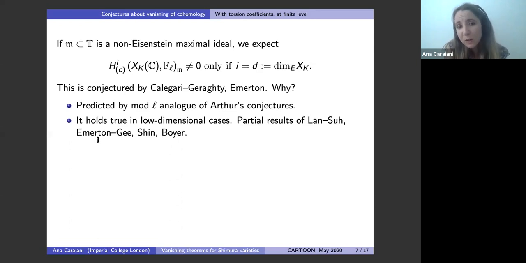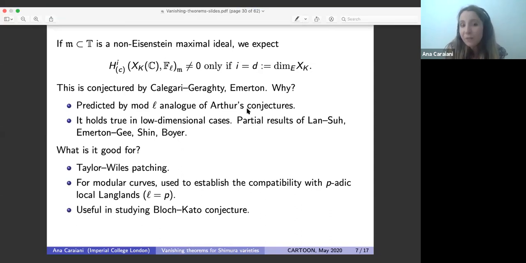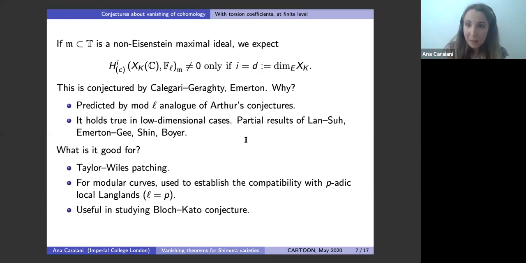And then there are also results of Emerton-Gee for U(2,1) Shimura varieties, of Shin for Harris-Taylor Shimura varieties, and of Boyer, also in the Harris-Taylor case. Okay, and another thing that I want to discuss is what would this kind of result be good for? So there are some reasons to believe it might hold true, and now, if you know it, what can you